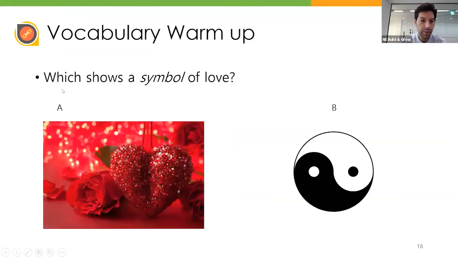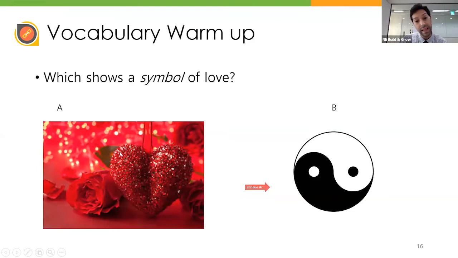So next question, which of these shows a symbol of love, do you think? Right, so I've got these two pictures here, A and B. If my students are kind of clever, they won't know what symbol is, but they know what love is, and they know that the heart and roses are symbols of love in a sense, right? They have a conceptual understanding. So then we'll look at the pictures, we'll say, okay, A is the correct answer, and then, well, what is